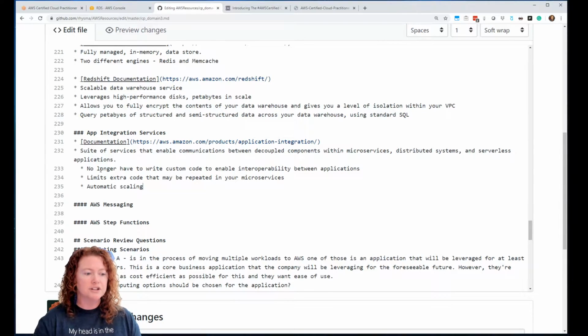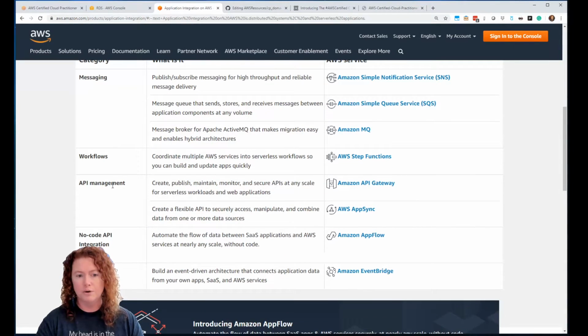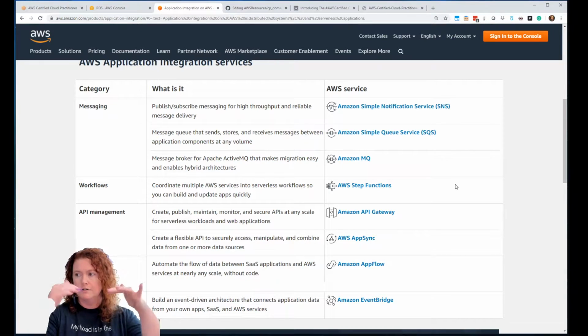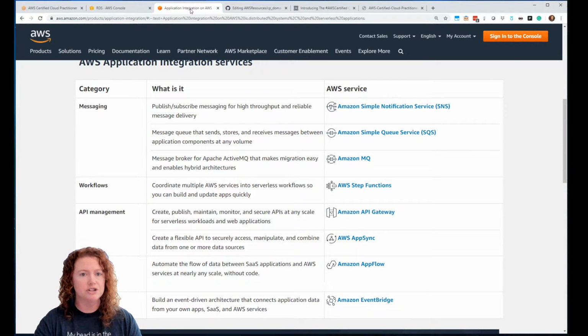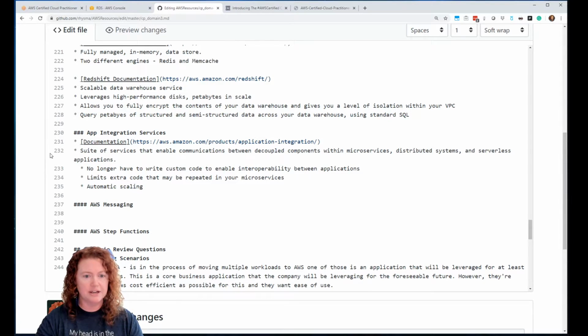So there's a lot of different types of services. If we get in here, you can see messaging, workflows, API management. So you can go read about all of these different services that are available under this umbrella of app integration services. So yeah, I had this in here. Messaging is probably one of the biggest ones. So messaging allows you to